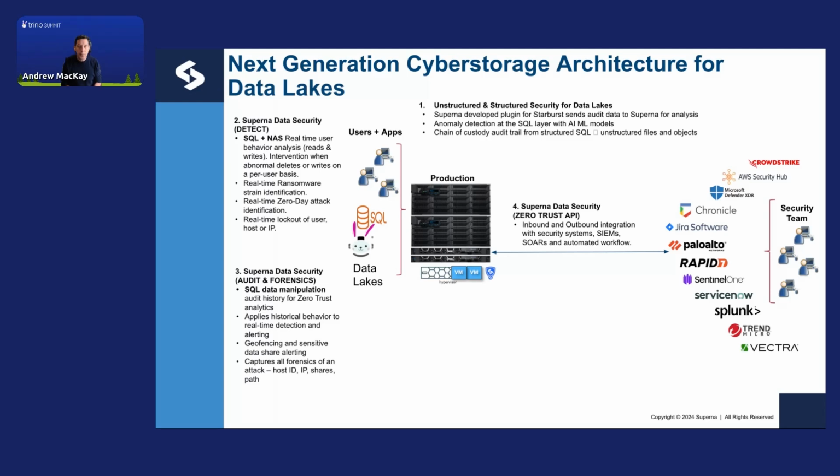And by doing this, we can present the anomaly detections that are found within Trino or the file system or the object store natively in whichever security tool the customer is using, map all the relevant fields and events so the security team can now execute an incident response automation